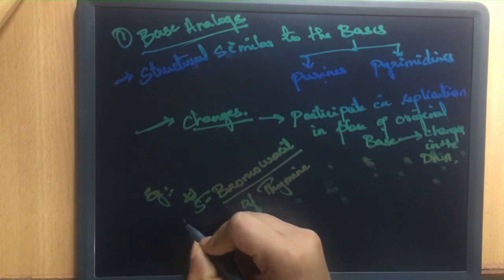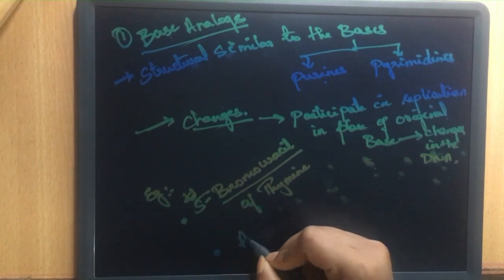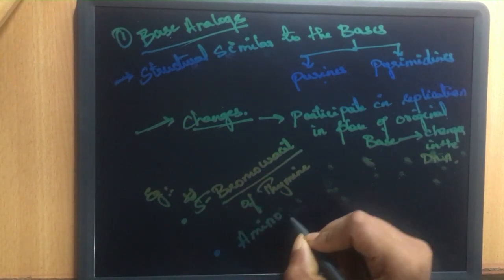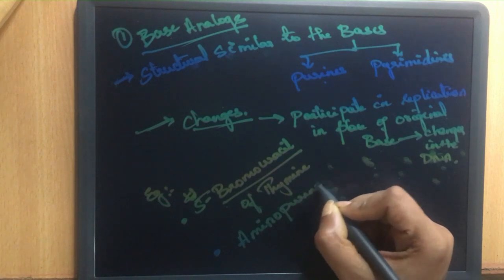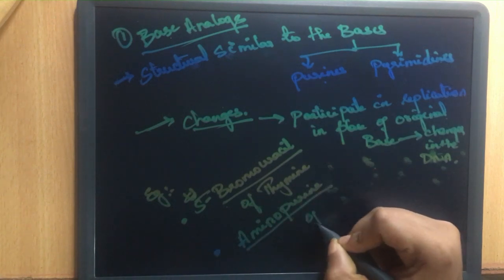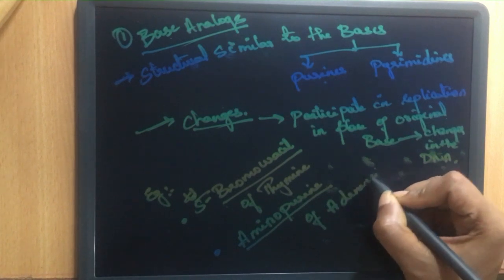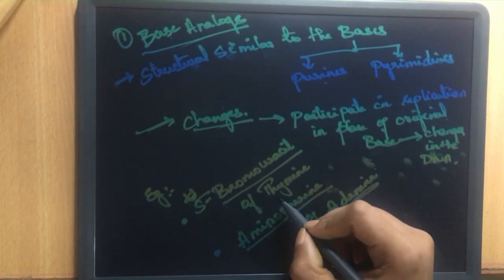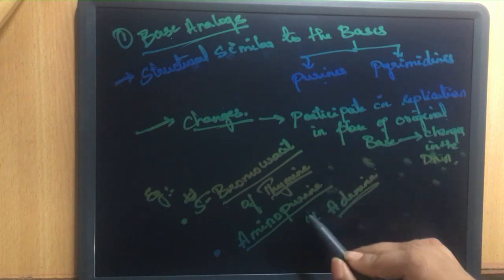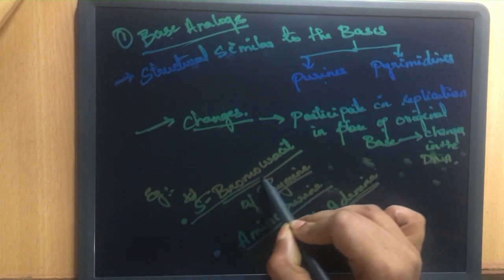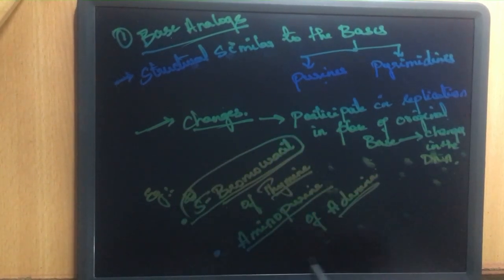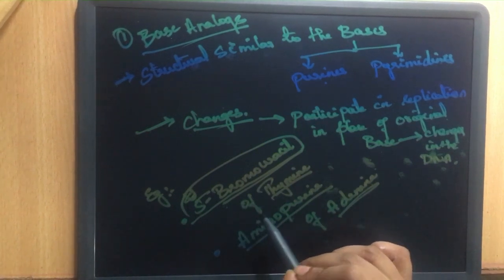And another example is aminopurine, which is a base analog of adenine. So whenever thymine has to participate in the replication process, it is this 5-bromo-uracil that goes in its place and